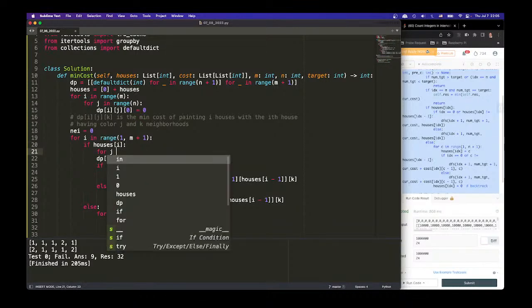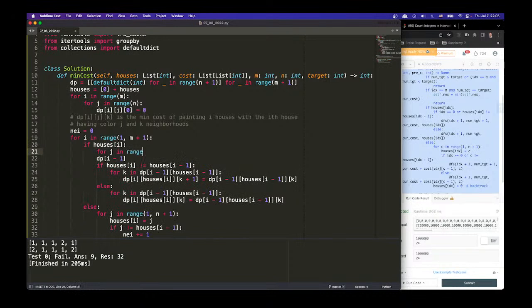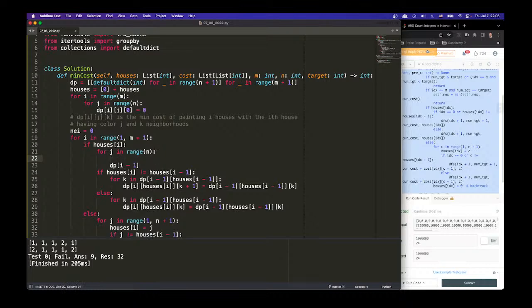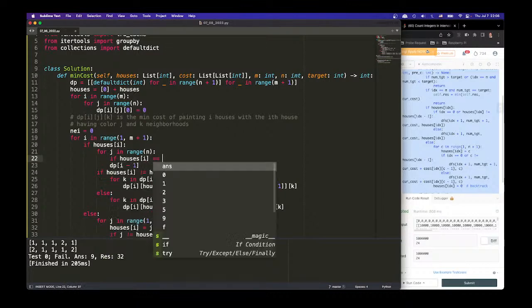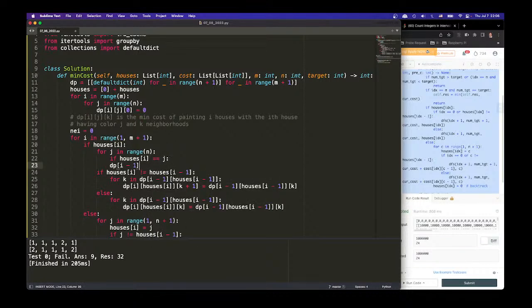For j in range n, and that's just the color. That's the previous house's color. Then we say if houses I is equal to j, so the two houses' color is the same,